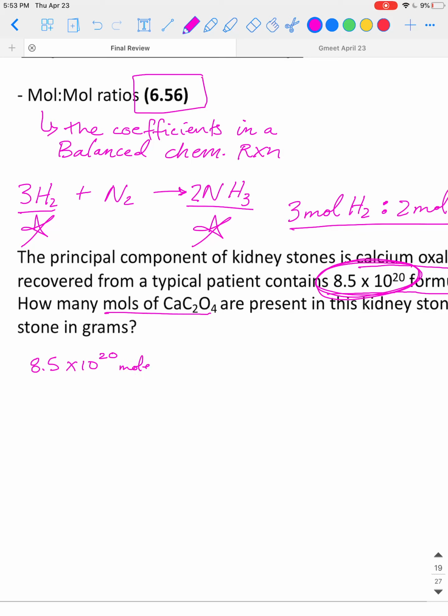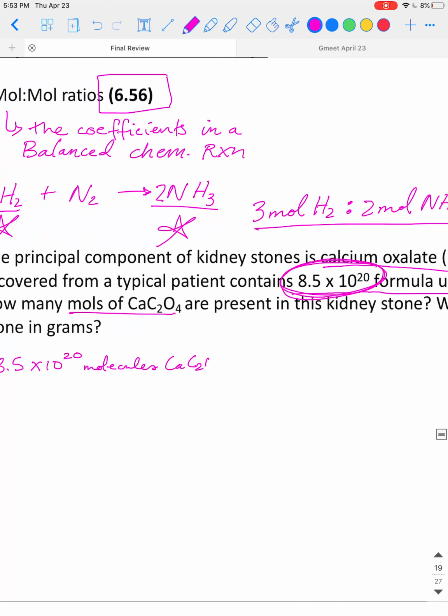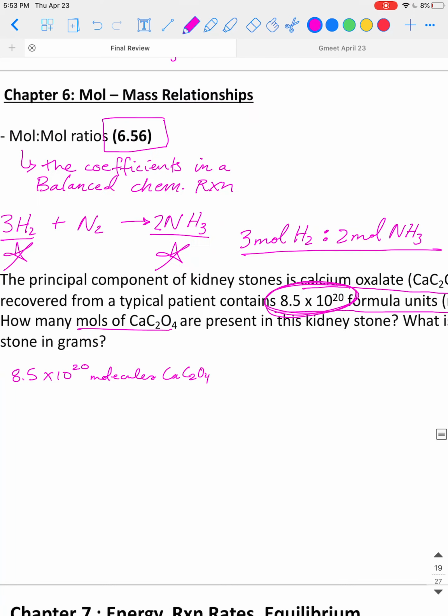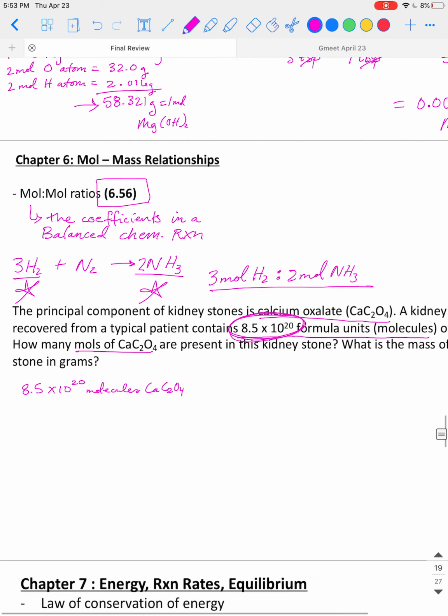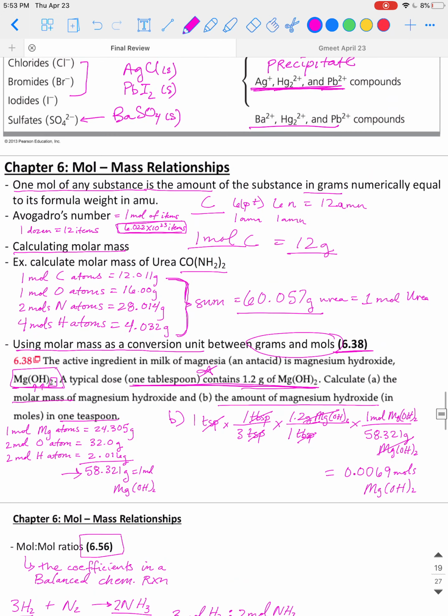I can tell I'm going to need to write small. 8.5 times 10 to the power of 20 molecules of calcium oxalate, CaC2O4. Okay, and the question says how many moles first of calcium oxalate are present, and then how many